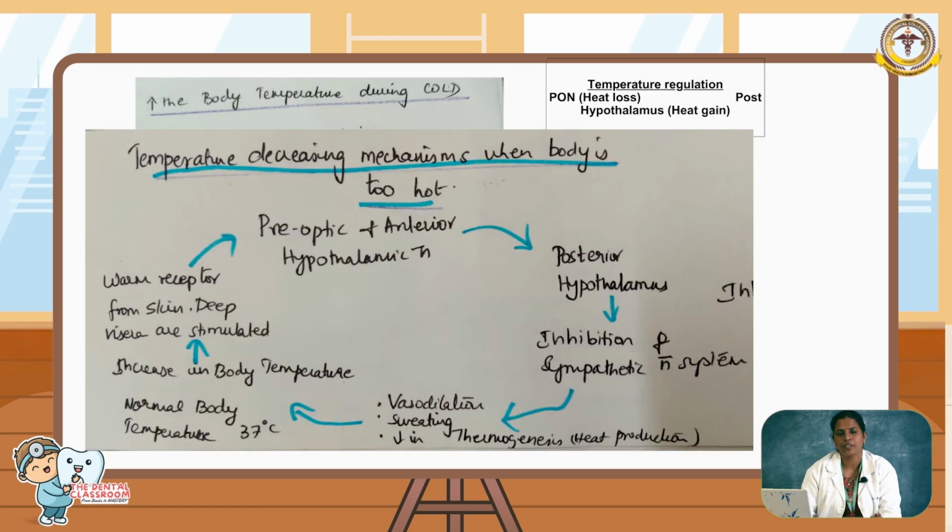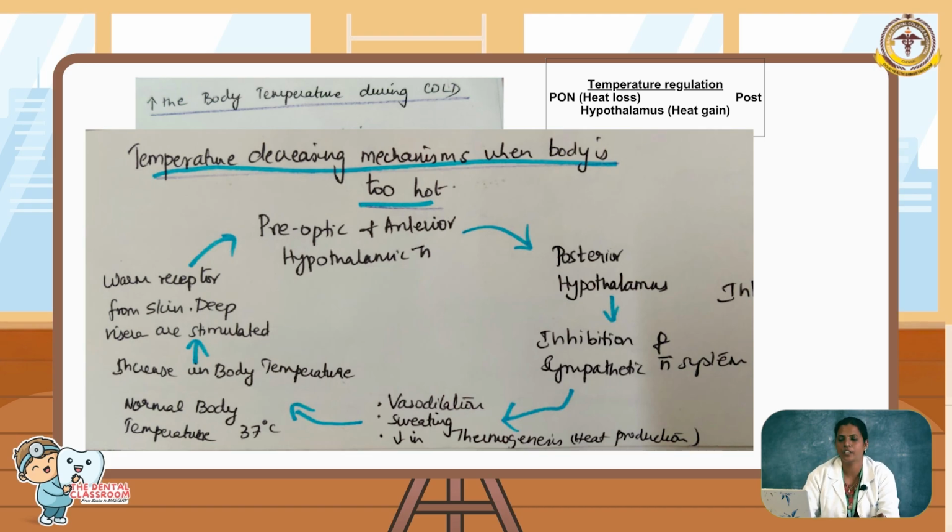Next function is your temperature regulation. Temperature regulation is mainly brought out by your preoptic nuclei and your anterior nuclei. This preoptic nuclei is important in your temperature regulation. It is going to help both whenever the body needs heat during winter conditions, or whenever the body needs to be cold, that is, whenever the body heat increases, it is going to initiate sweating, and thus the body comes to a cooling position, and thus it is leading to the normal set point of 37